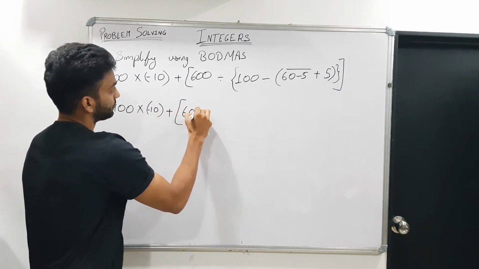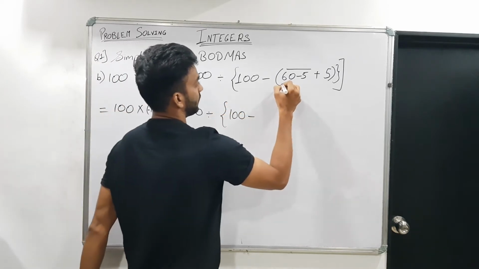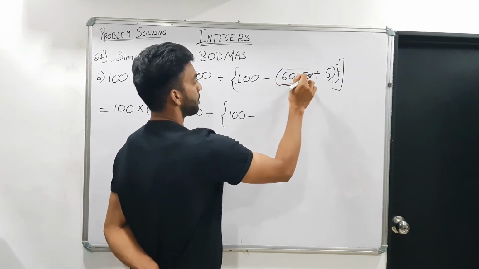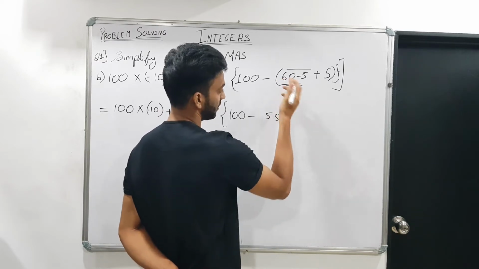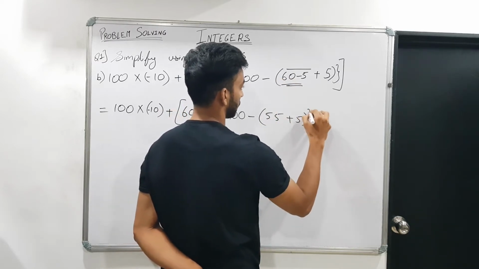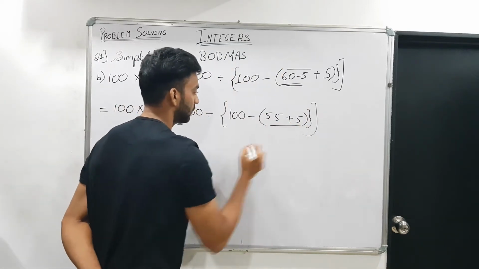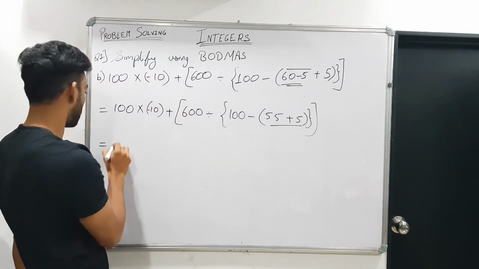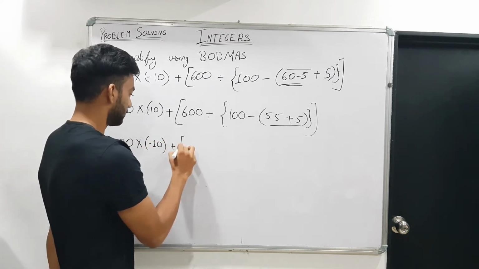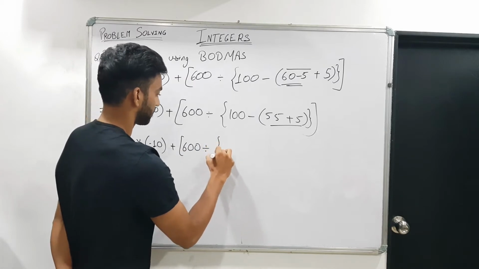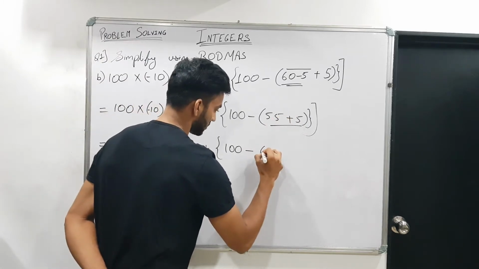So we write that, and we are solving this part. So we are solving this 60 minus 5. So simple subtraction is there, 55 and greater number is positive, plus 5. Now bar bracket is gone, vinculum is gone, this bracket will be solved, that is the round bracket. Again it is the innermost bracket. The rest of the things will remain same. 55 plus 5, that is 60.